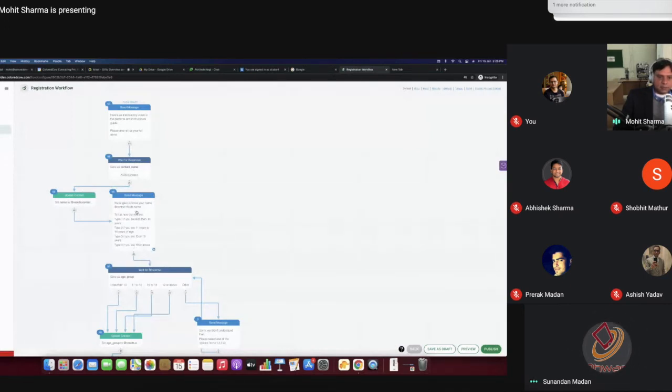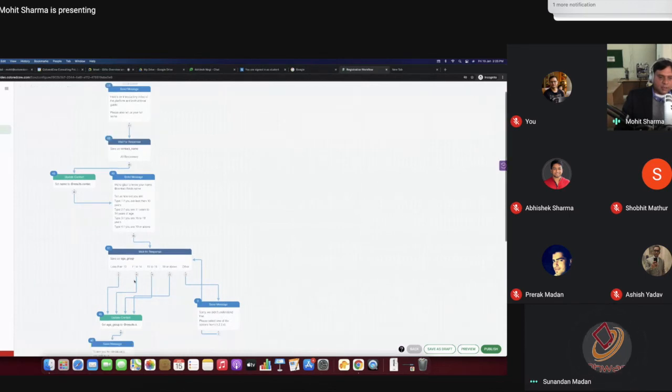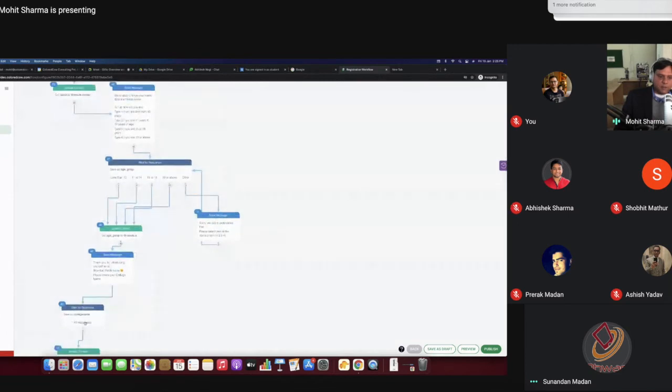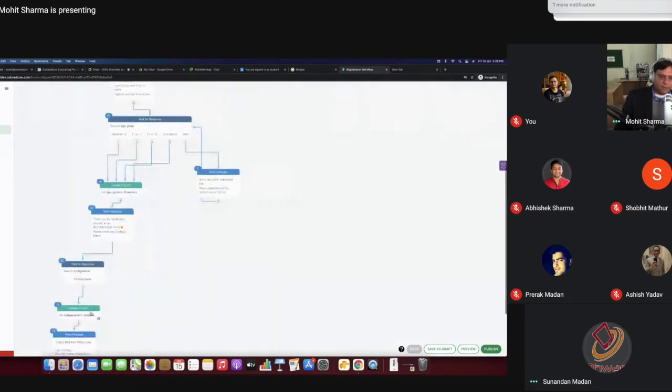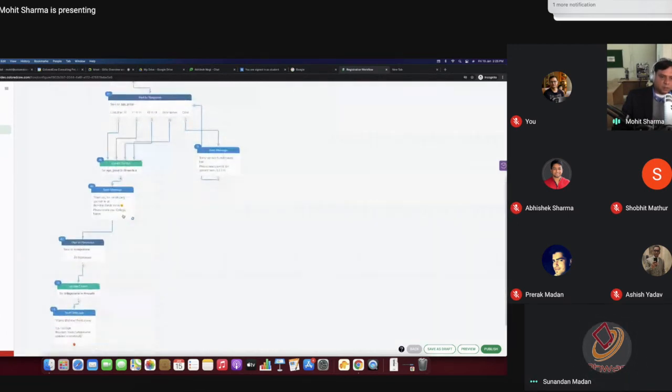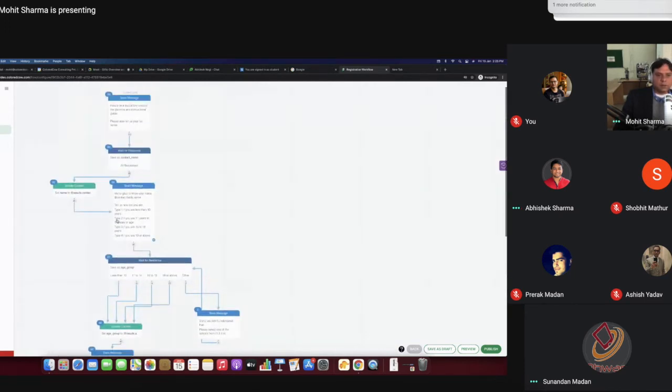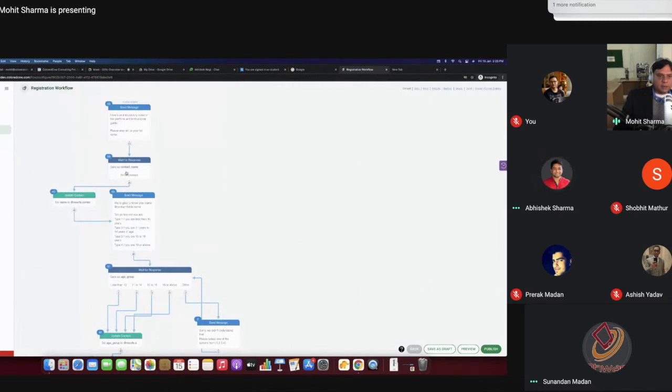Then I ask another variable, which is age group. So I defined it here as age group, and then I am using this. Then I have created another variable which is college name. In this way you can define your variables in a flow. For your example, you can say school name and then place of the school or something else.